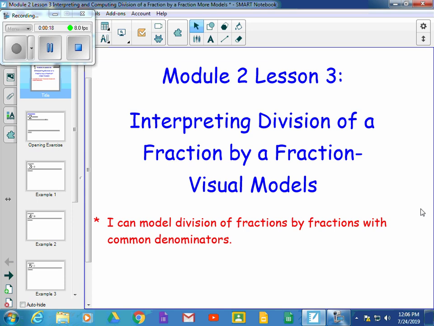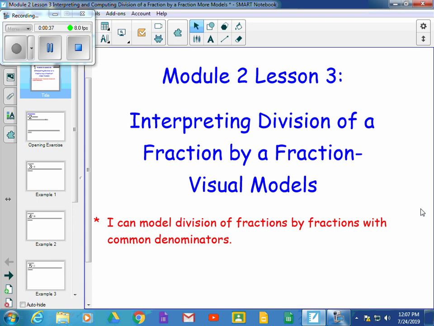If you think back to Lesson 1, we divided a fraction by a whole number. Lesson 2, we divided a whole number by a fraction. Now we're going to divide a fraction by a fraction. But we're going to start off a little easier, and we're going to have common denominators or common size pieces